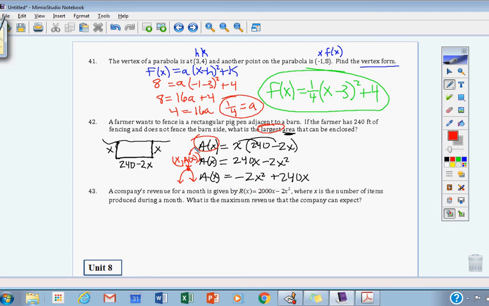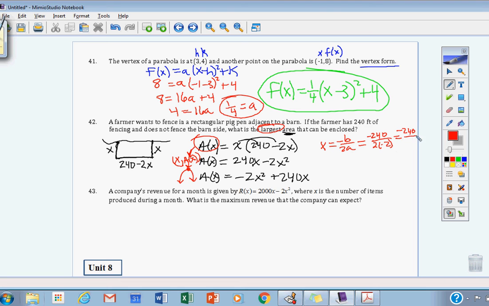So if we can find the y value of the vertex, we are answering this question. All right, well, to do that, like we've done so many times, we've got the opposite of b over 2a. Find the x value first. So that's the opposite of 240 all over 2 times negative 2. So that equals negative